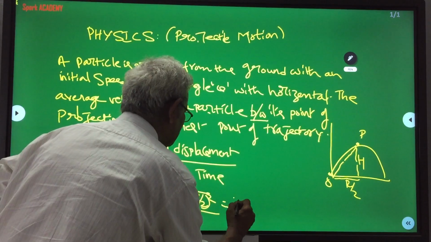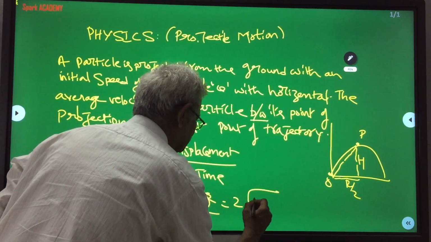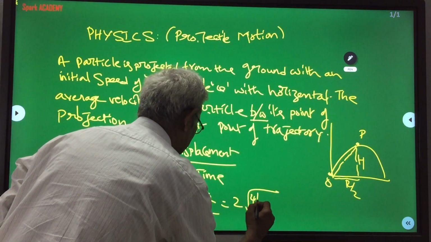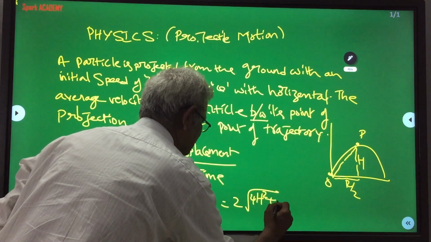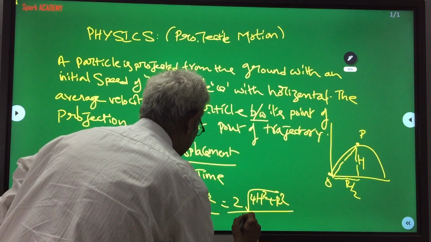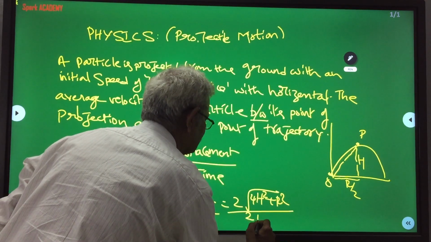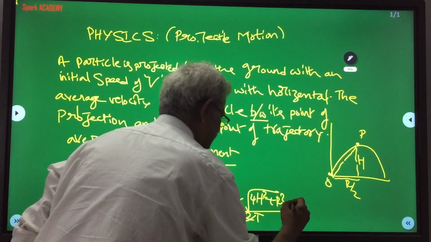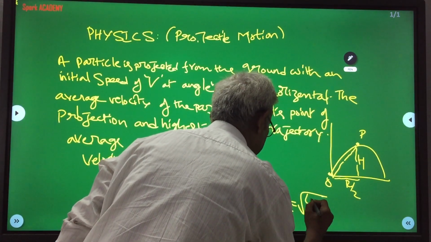So this will be 2 into root of 4h square plus r square, by 2 square is 2r. So it will be root of